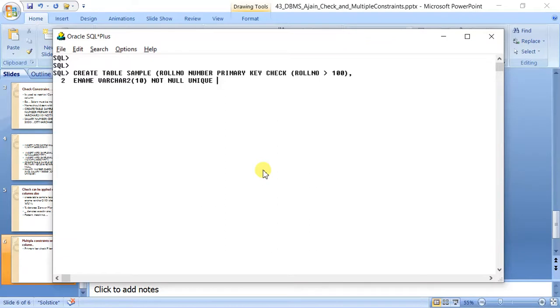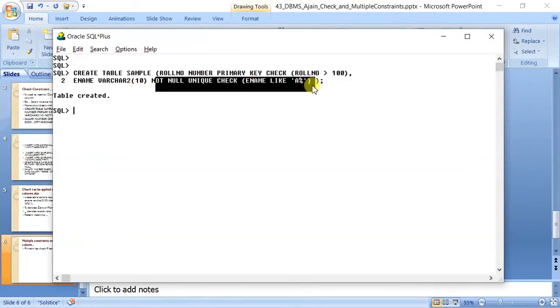So what we will do, check e name, it will be given in bracket, check e name like 'A%'. Table created. So you can see that I have applied primary key and check on a single column. I have applied not null, unique and check on a single column.